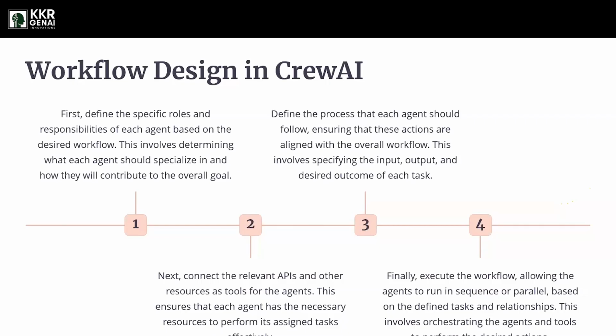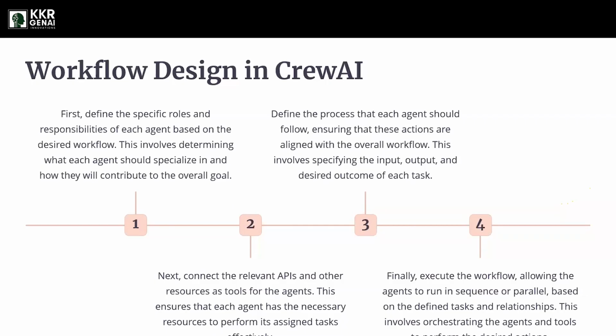When it comes to the process, we have two types, which are sequential and parallel process. In the sequential process, if there are three agents, agent 1, agent 2, agent 3, agent 1 will do the whole process and give the output to agent 2, then agent 2 will proceed from there. This is the sequential process, one after another. Agent 1 needs to complete the whole process, then agent 2 will take over from there.